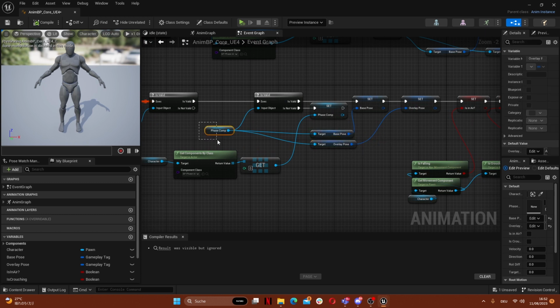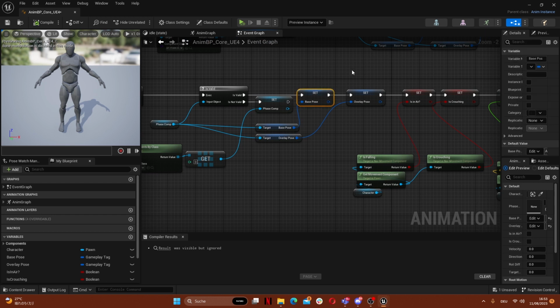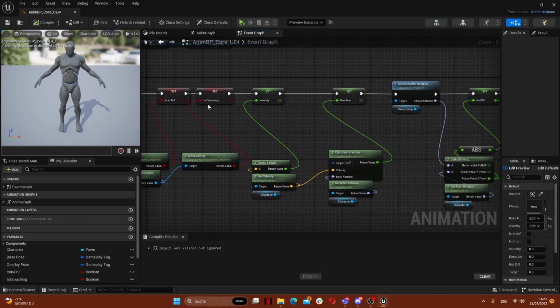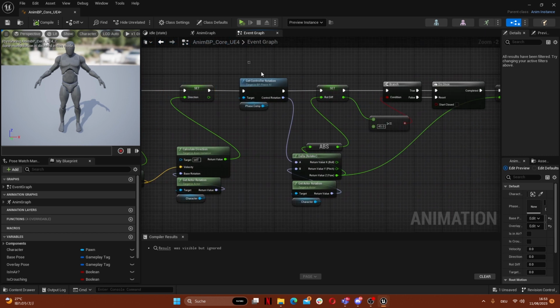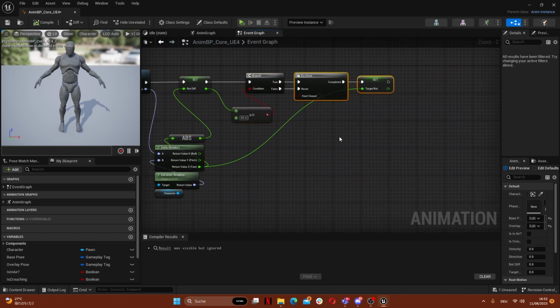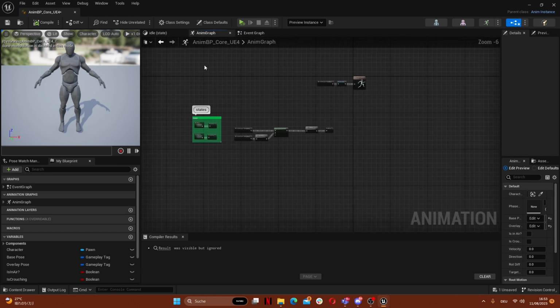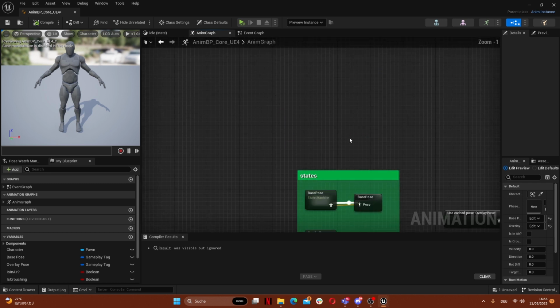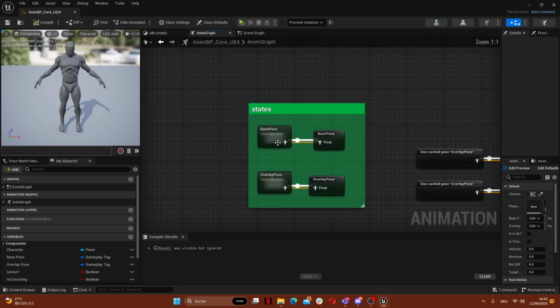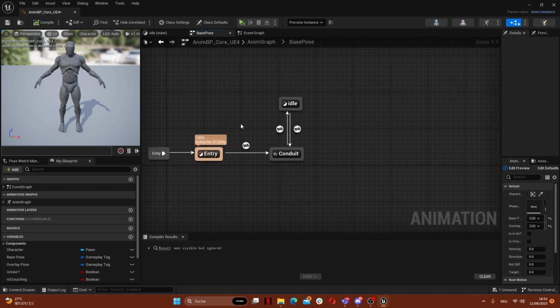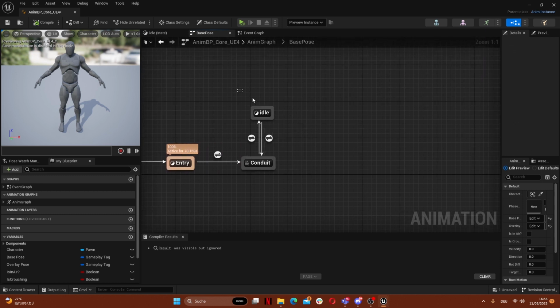These are variables in here, and they will be set to different tags depending on which face you are. As you may remember, if you check the settings for each face, you can set up a base pose and overlay pose. And here are some other things that might be important that you can use. If you go to the animation graph, you can also copy this and put it in. Here you have base pose and overlay pose, and basically if you want to add a new one,